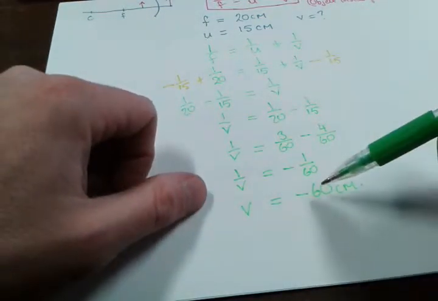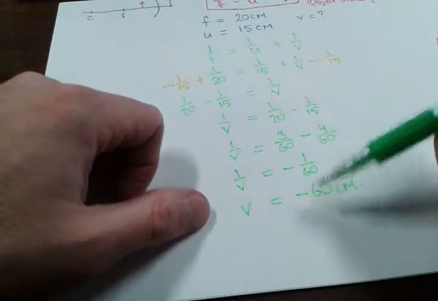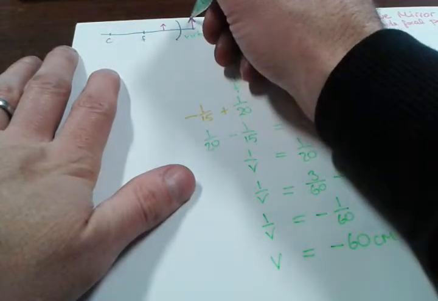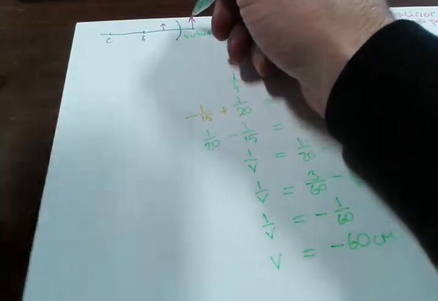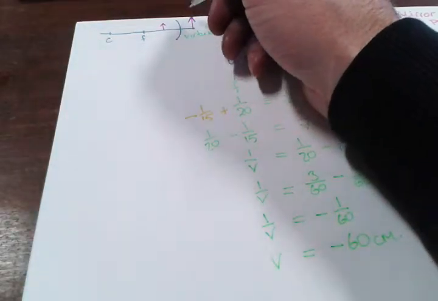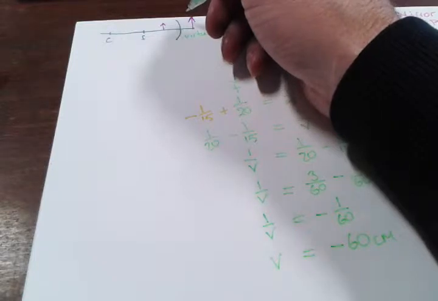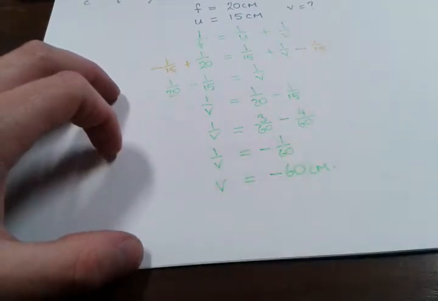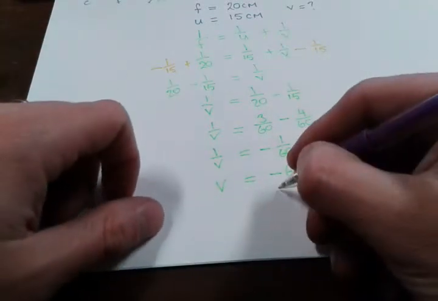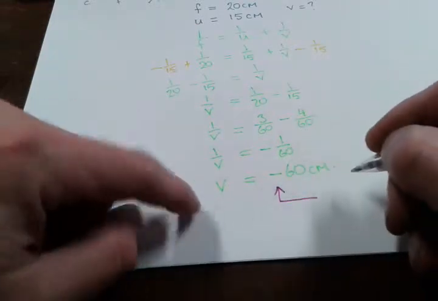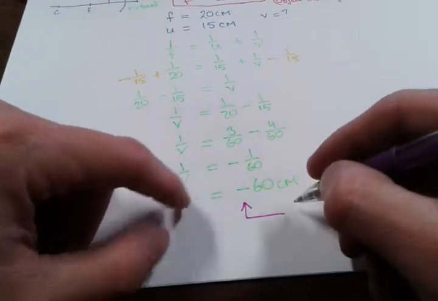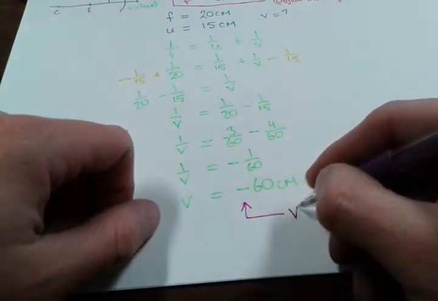So now you can see that we've ended up with a negative value here. And we said from our ray tracing that we would expect a virtual image. It would be as if the rays of light came from an image over here, even though you couldn't get an image of this on a card, because in order to do that, you would have to somehow put your screen into the mirror, which is kind of nonsense. So we end up with v is equal to minus 60. Now this minus sign, when we're talking about v for a concave mirror, and we'll see as well with some of the lenses, v being negative would indicate that this is a virtual